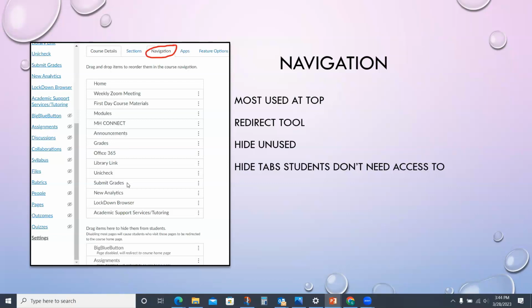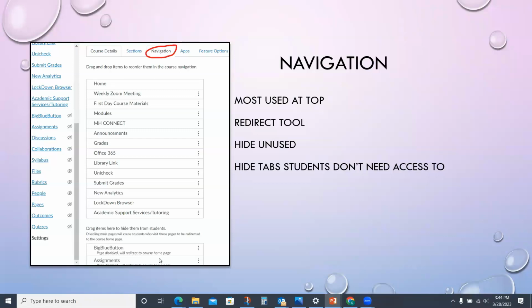I also recommend hiding any unused tabs. If you're not sure how to do this, it's not difficult. You would just need to go into your course and click on the course settings, and then you'll see a list of all of the tabs that are in your course. Anything above this line that says drag items here to hide them from students is visible to students and is activated.